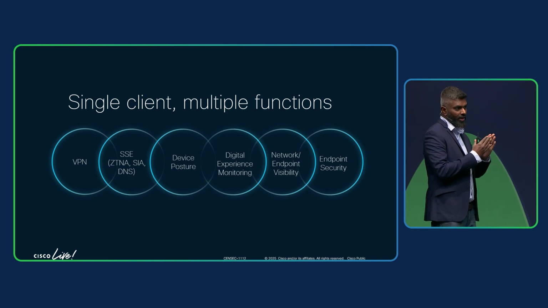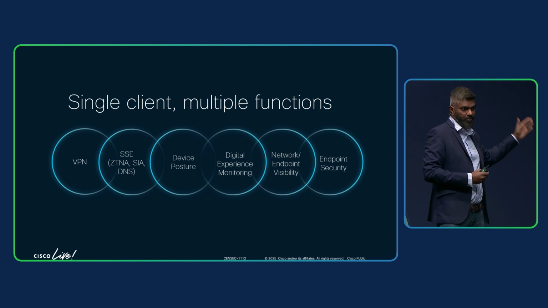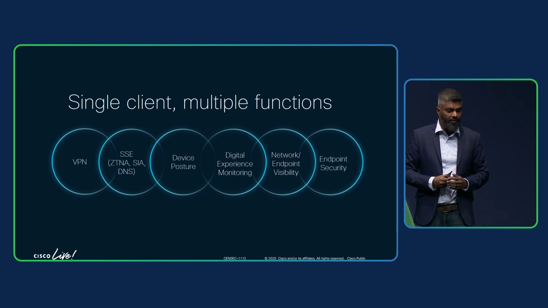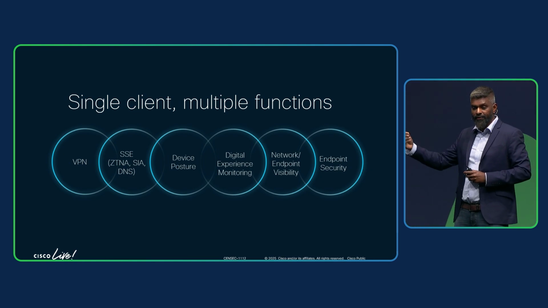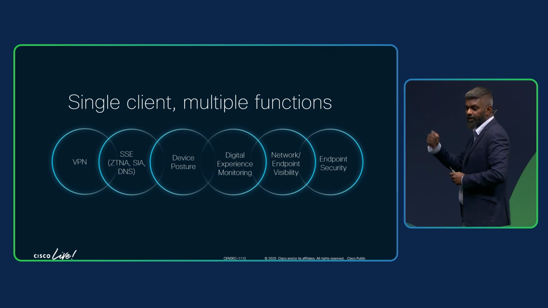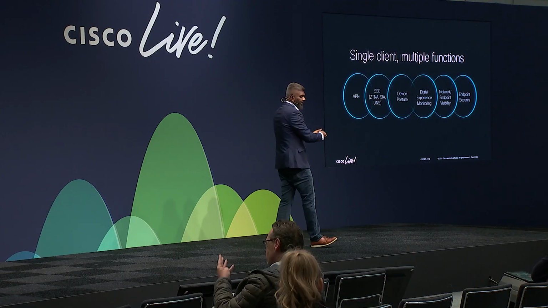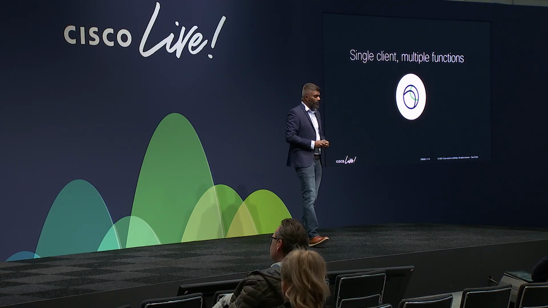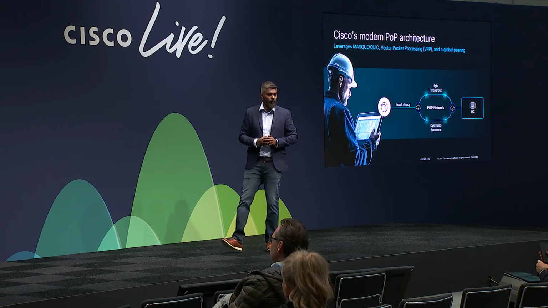Now, we have a modular client, so what it allows us to do is get you going with VPN, and then you could go to ZTNA, and then you can also extend this to things like device monitoring, for example, digital experience monitoring, network endpoint visibility, endpoint security, and so on and so forth. So it allows us to keep going beyond just the traditional VPN client or the ZTNA client. Now, when we take that and combine this with the modern POP architecture that we've built, it becomes